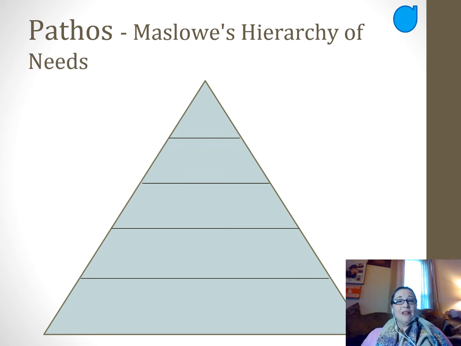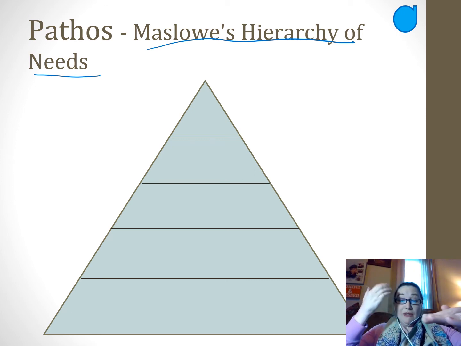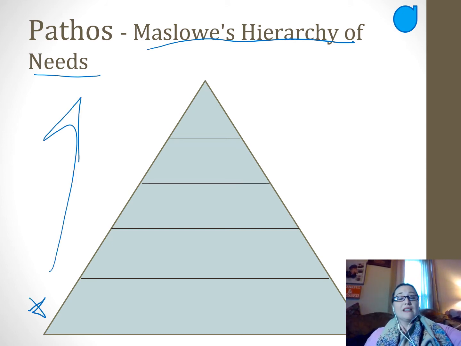All right. So right here, this might look familiar to you, especially if you're a psychology or maybe an education student. We have Maslow's hierarchy of needs. There it is, Maslow's hierarchy of needs. And this is a theory that human needs can be split into 5 different categories, and they are structured where they're foundational. You have to build the foundation, you have to build this lower level before you can address the needs that are above it.